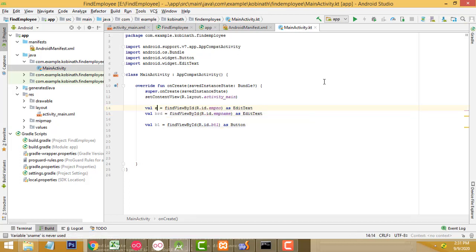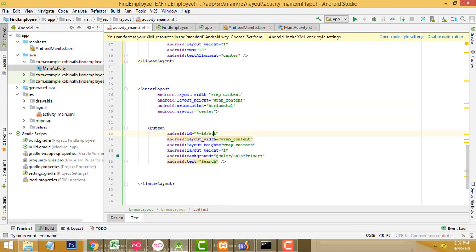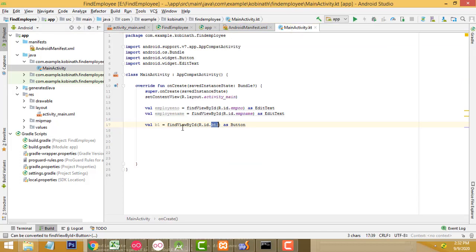So here this employee number, Ctrl C to copy, Ctrl V employee name. Here what I did is get the employee text box IDs and assign to the relevant variables over here. After that, this is a button, this button ID which is bt1, we have to assign to the relevant variable b1.